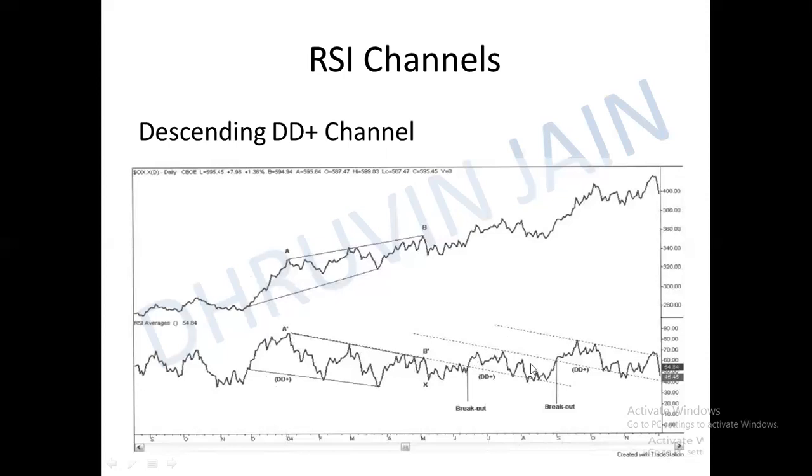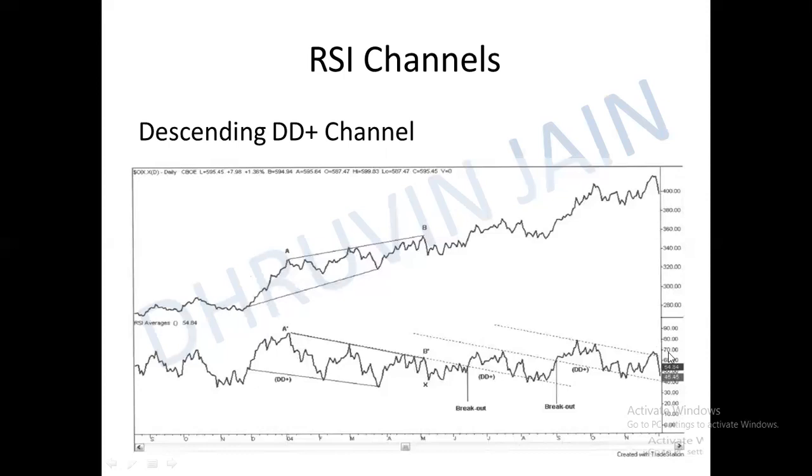We can clearly see here too, there is a DD plus. There is a DD plus. We can also clearly see that RSI is breaking from the upside. The RSI, which is inside the descending channel, is breaking up to the upside to continue its upward direction. So right now, in this particular region, we can see that RSI is continuing its movement inside the descending channel. After this, the charts haven't been plotted. This was the end of the session.